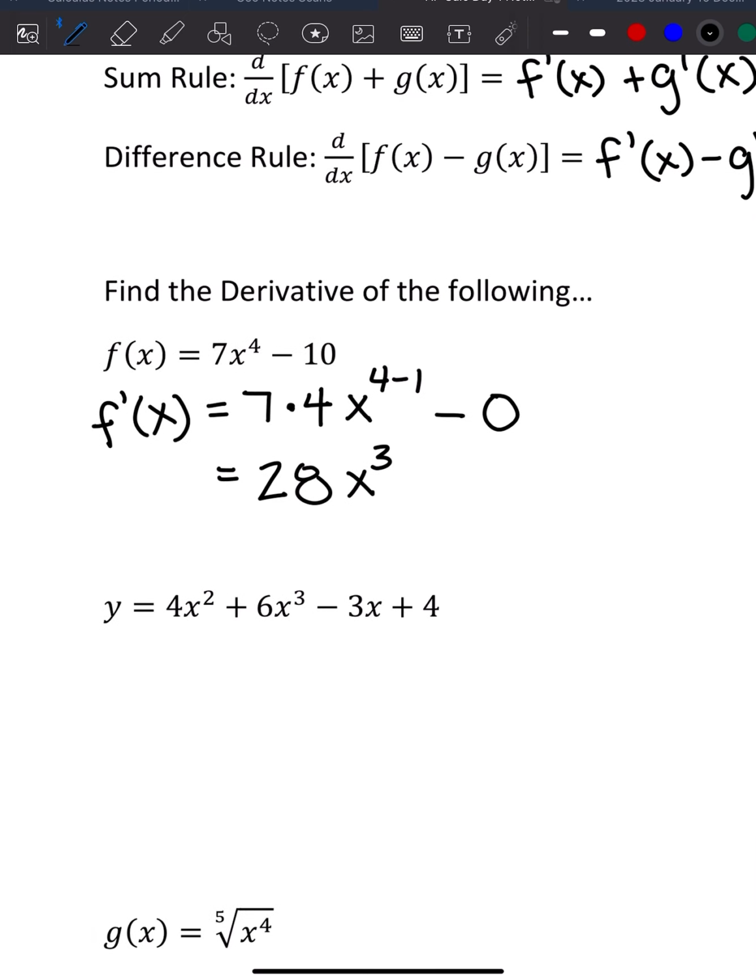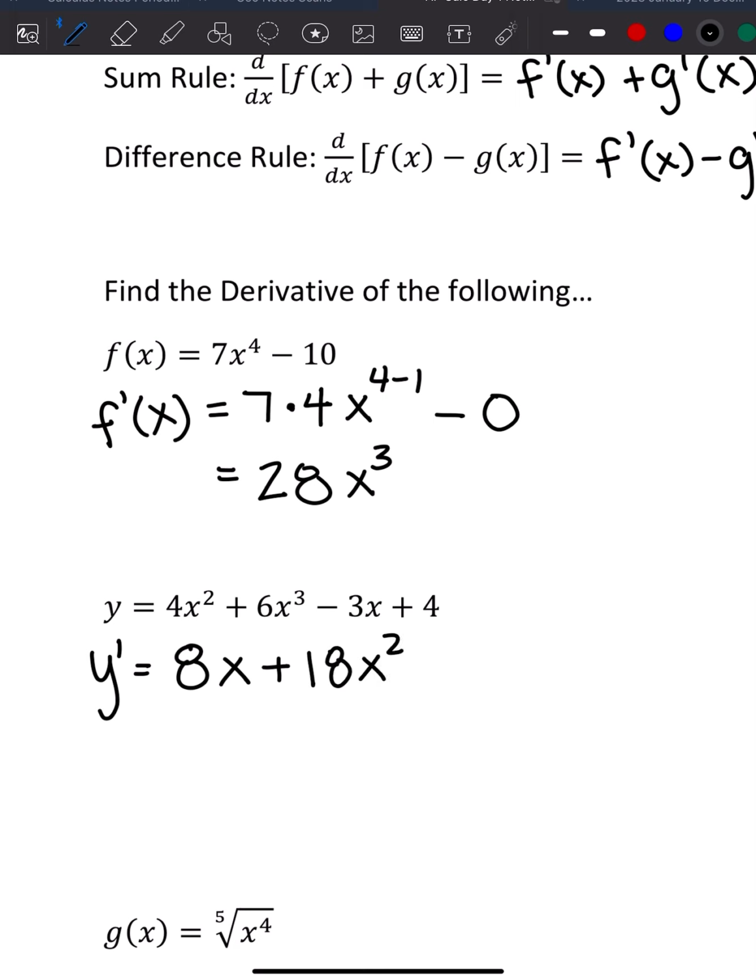Okay, we have 4x squared plus 6x cubed minus 3x plus 4. So we have y prime equals 4 times 2 is 8, x to the first instead of x squared, and we don't need to write x to the first. We have 3 times 6, which gives us 18,